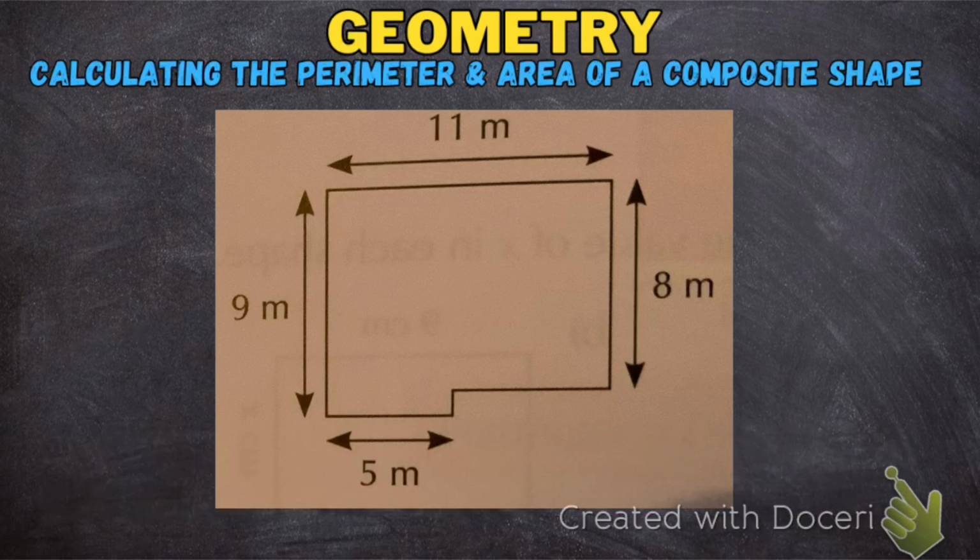So first, let's take a look at the perimeter. So let's calculate the perimeter of this shape. So to calculate the perimeter, I need to add the length of each side of the shape. Now that's quite easy to do, but there are 2 missing lengths on this, which is making it more difficult for me. So this part here and this part of the shape here does not have a number next to it,